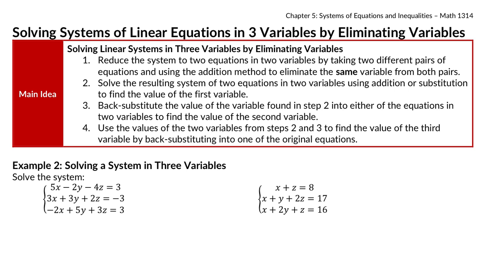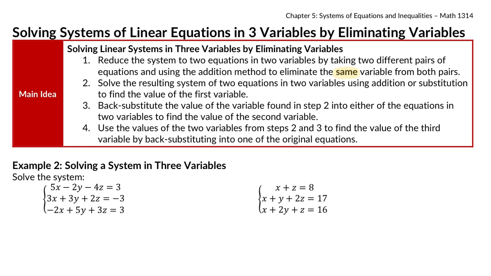Step 1, you're going to reduce the system to 2 equations and 2 variables by taking 2 different pairs of equations and using the addition method to eliminate the same variable from both pairs. So you want to look for an easy variable to cancel out of 2 pairs of equations. Because when you take your 3-variable system and eliminate it down to a 2-variable system, you now create what we did last class, and you're going to be able to solve the system using addition or subtraction like we did